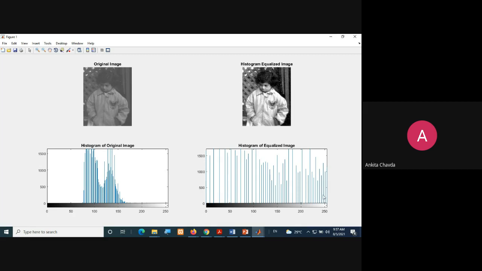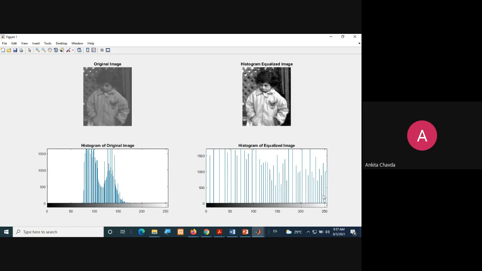For that only we had those formulas: the CDF, finding the probability, finding the frequency of each particular gray level, how many pixels are there, and so many things. Okay, this is what we have done.